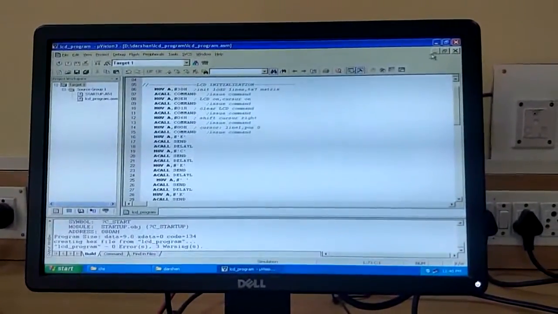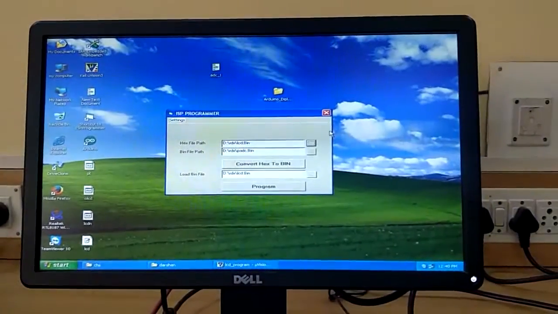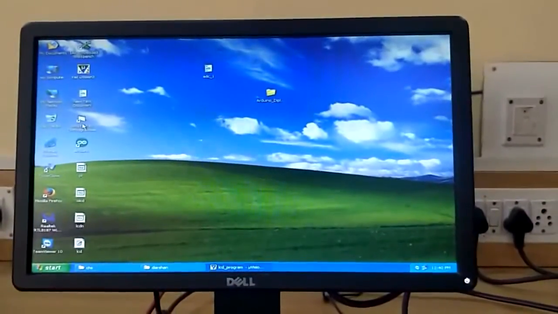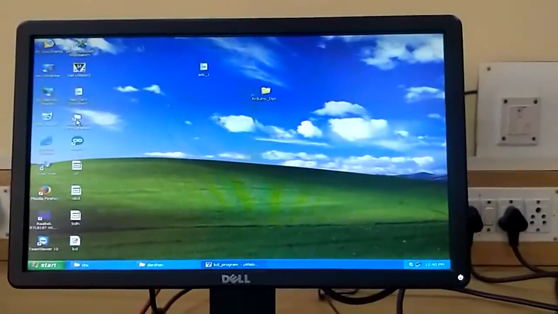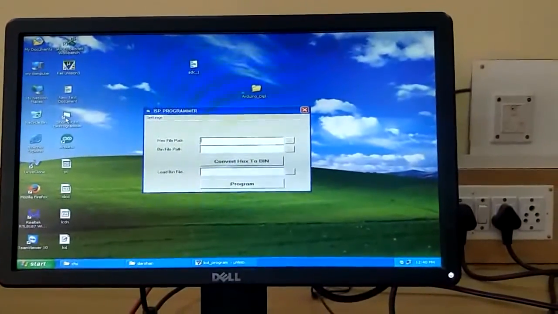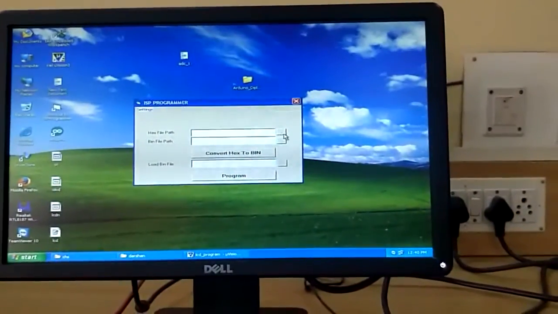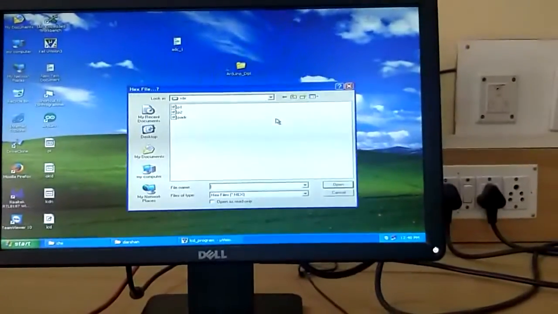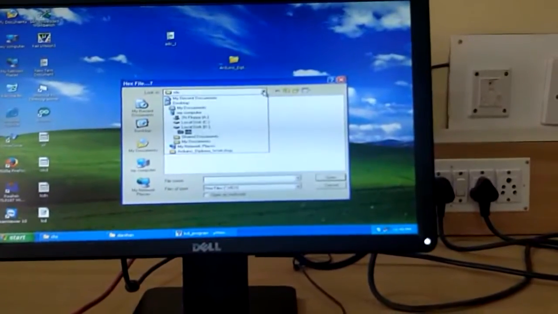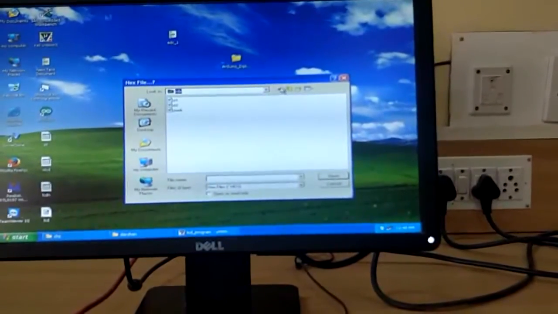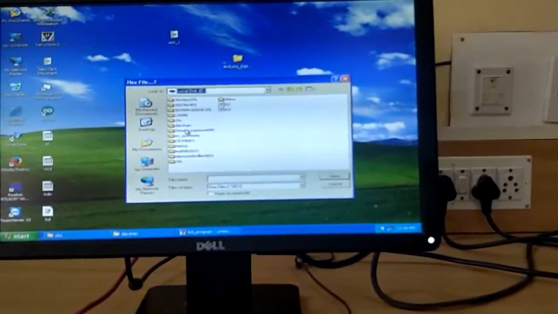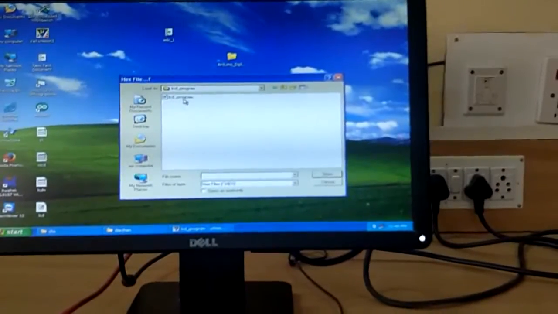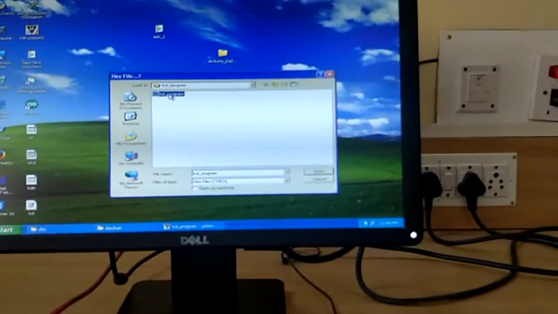So now minimize this Keil software, and we are using the ISP programmer, where it will convert the hex file into a binary file. And here we need to choose the hex file. The LCD program hex file we have to choose. Click on browse, and we have to choose where your hex file is created. The hex file is created under my folder, under the LCD program folder, and this is the hex file. Click on that,